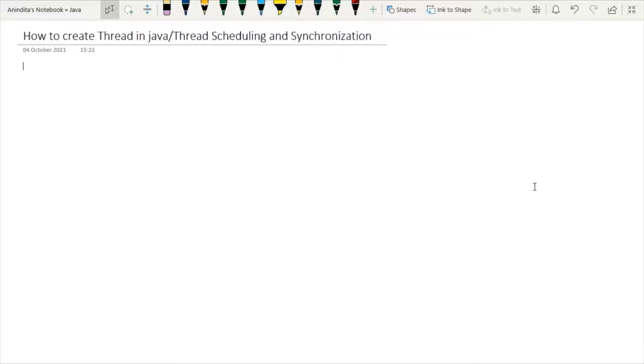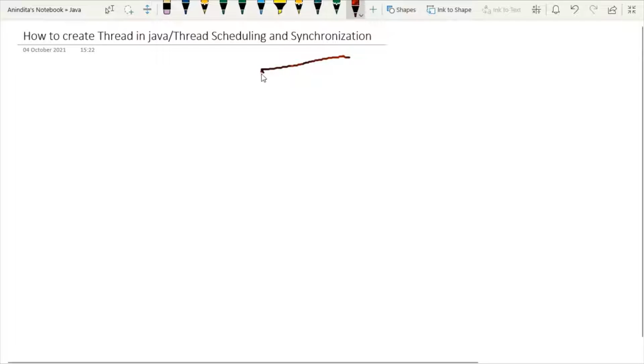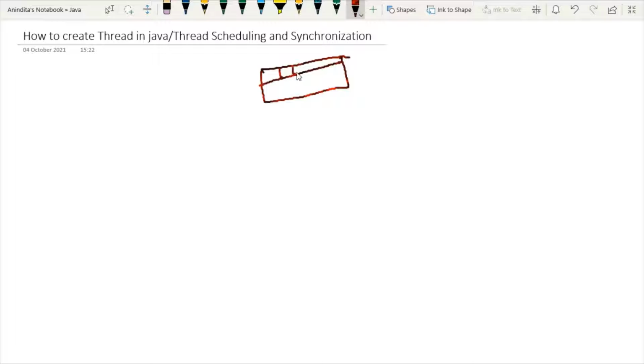But the first question that comes in our mind is, what is the real life application of thread? See, I'm starting this class from a classical example of thread. We know that a process may have several threads inside it. So the process can be split down into so many threads. Now I'm giving you an example. In a browser, many tabs can be viewed as a thread. So whenever we are using many tabs in a particular browser, you can consider this as a thread. This is one real life example.